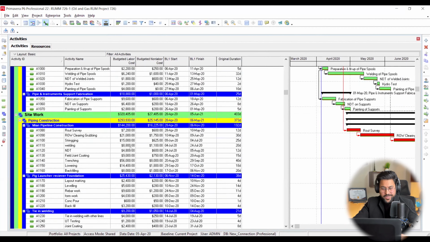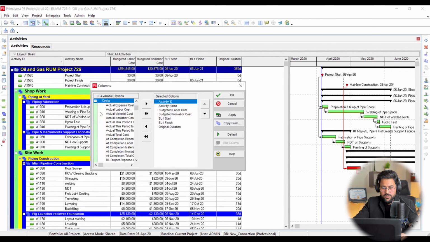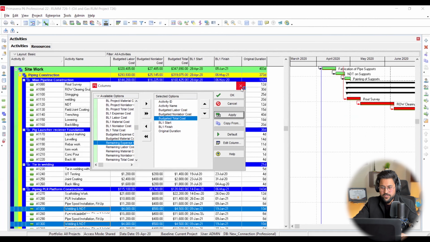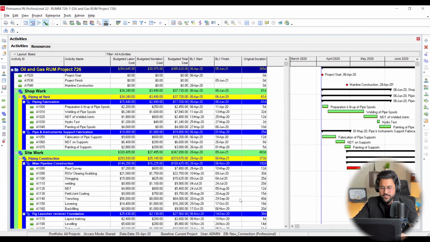You are going to break down your cost in material. I have not considered it, but if you have already given material cost as well, you can add that one. Budgeted total cost as well, like the way I will be adding one more column from here, budgeted total cost. See, this is your project cost breakdown structure. See, this is against every activity. You can see over here,